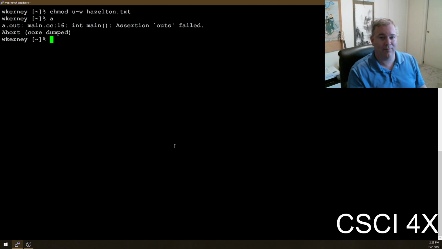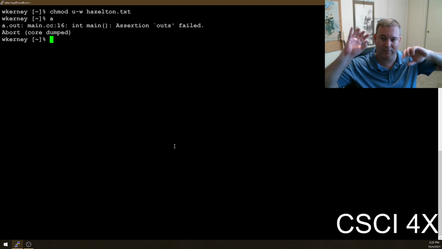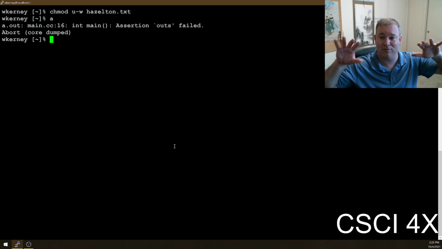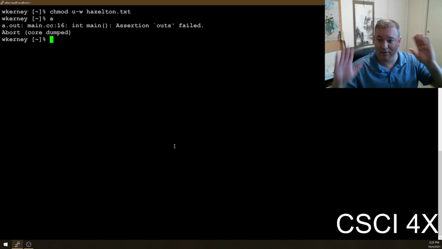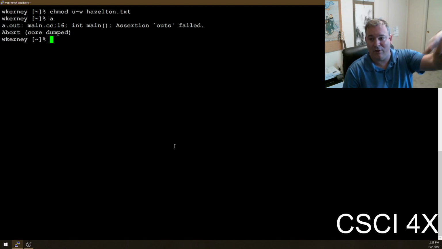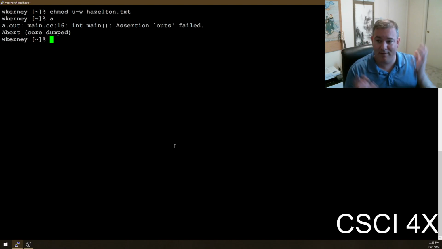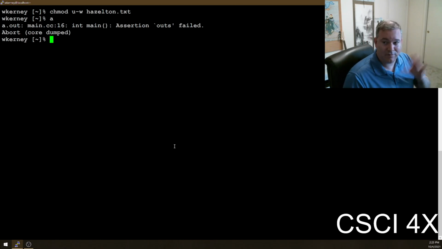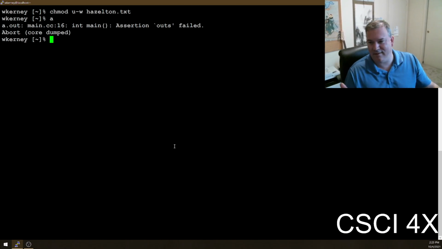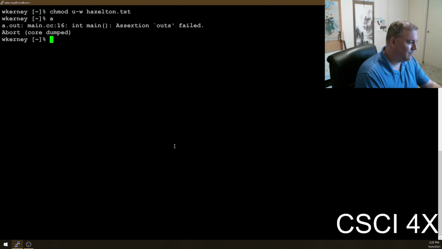It's a little less typing, but I don't use asserts in homework because the autograder compares the output of your program and the output of my program. So that's why we always use a die function, because the die function is just like bad input, die, and then it'll match up. Whereas with this, if you use assertions in your homework, the line of code that you die on is probably going to be different from the line of code that I die on, and so they're not going to match up. So don't use assertions on your homework. But in real life, they're fairly common. It's the official way of doing a die function, but don't use it on homework.